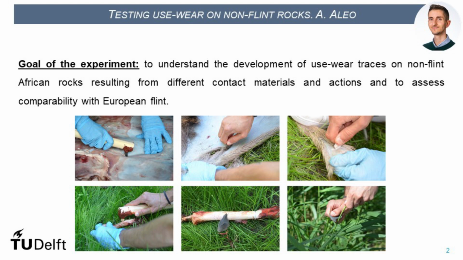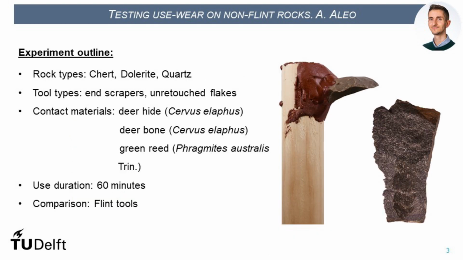To overcome this, we carried out an experiment aimed at understanding the development of useware traces on non-flint African rocks, resulting from different contact materials and actions, and at assessing comparability with European flint. To answer our research questions, we conducted a field experiment in which we used a range of tools on a variety of materials. We focused on 4 different variables that affect the formation of useware: raw material, contact material, motion,